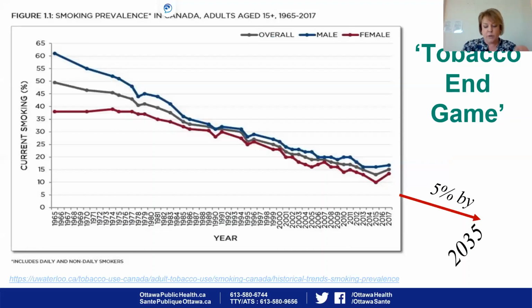Health Canada has set a goal of reducing Canada's smoking rate to 5% by 2035. Although smoking rates have been steadily declining for decades, they appear to have plateaued at around 15%. It often takes more than 30 quit attempts to stop smoking for good. Given the harm associated with cigarettes and the difficulties many people experience to quit successfully, harm reduction is definitely an area of interest. Even Health Canada has indicated that vaping is seen as a key component of the tobacco endgame and of achieving the 5% smoking rate by 2035.